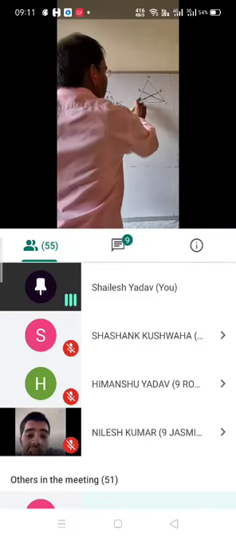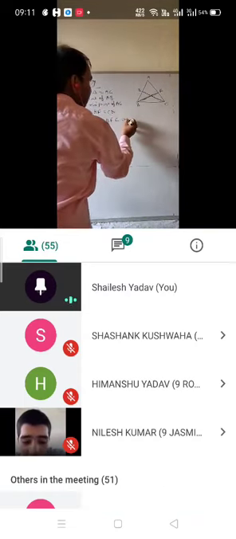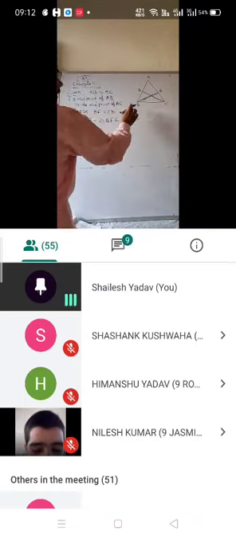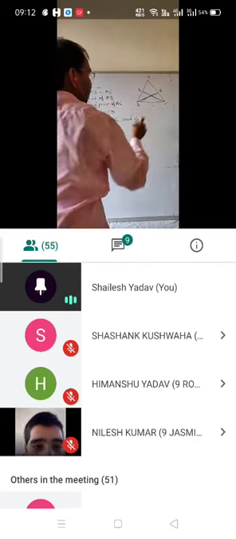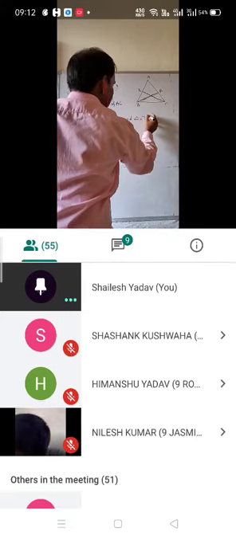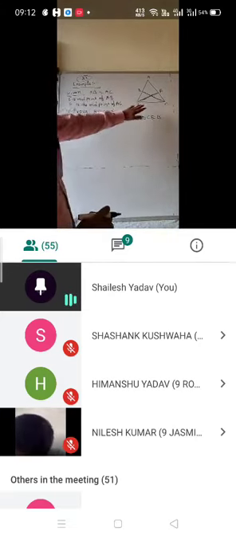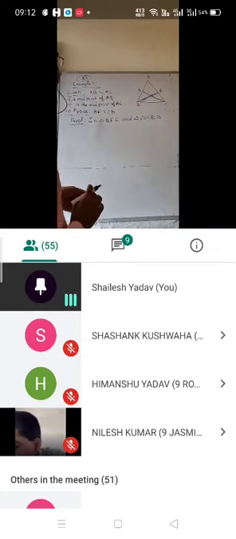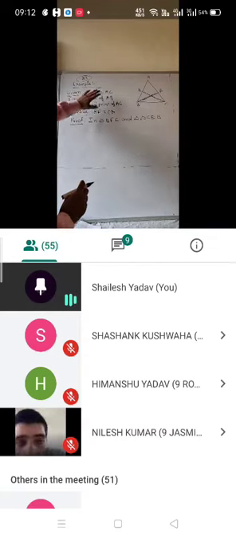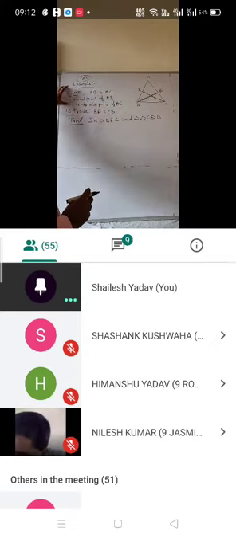First I am going for the triangle BFC and then the second triangle CEB. One triangle I had taken BFC and the second triangle CEB. I have taken these two triangles. So students, what I am going to do is draw both the triangles separately. So here I am going to erase that portion. Whatever the given thing is there, I am going to erase. So students, may I erase this?